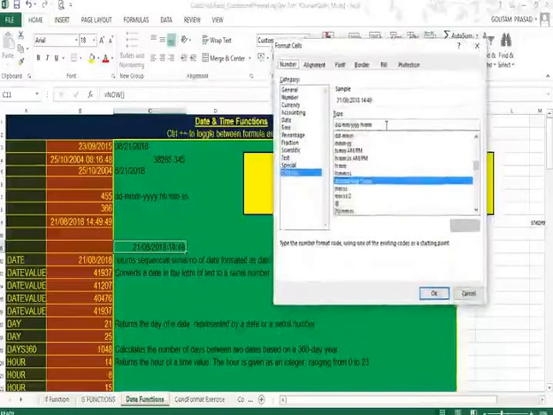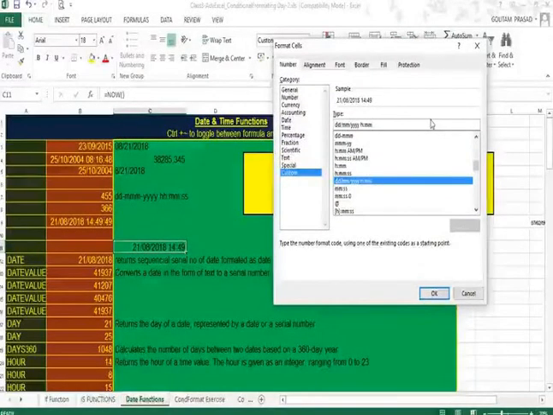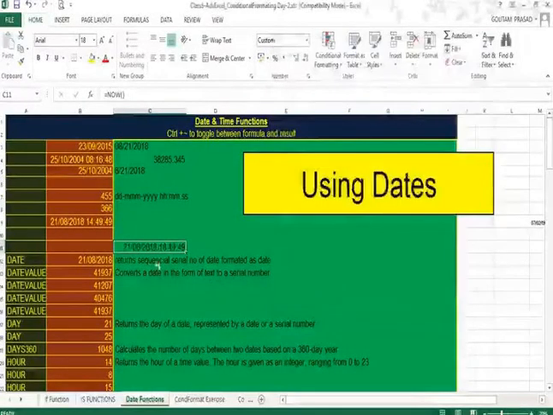The one selected for you is this format. Now if I want to make second part be visible in the cell, I will just add here colon SS and click OK. Now look at this date format. The second part of the time is also visible in this cell. So this way you can change the visibility of the format.